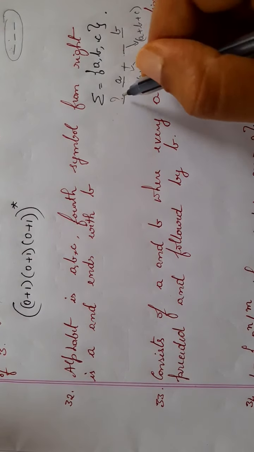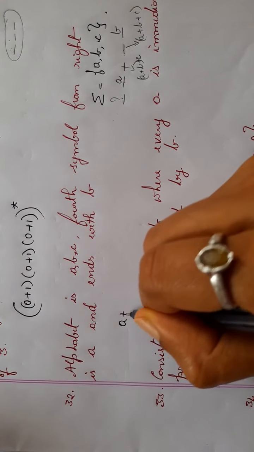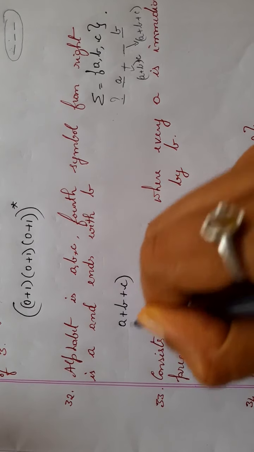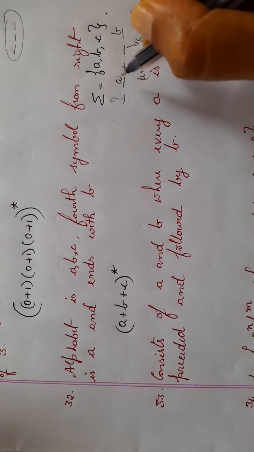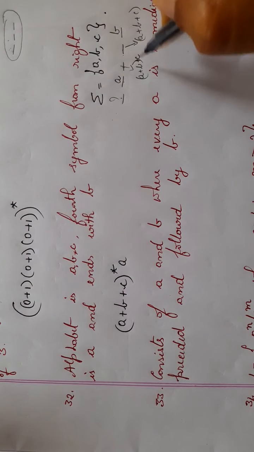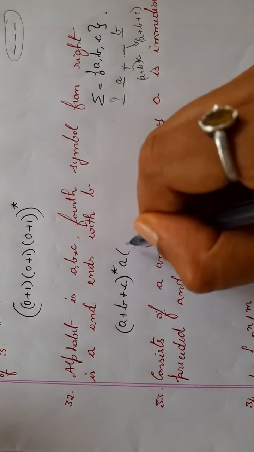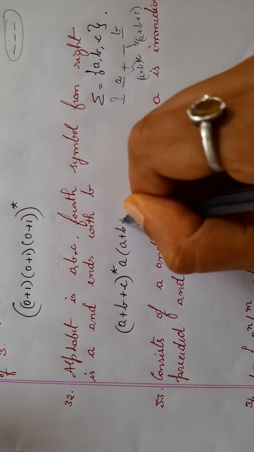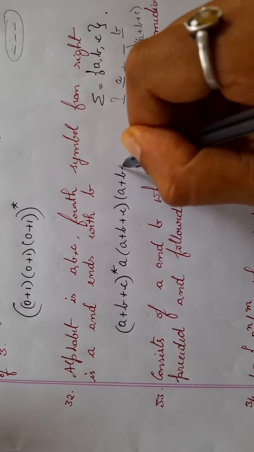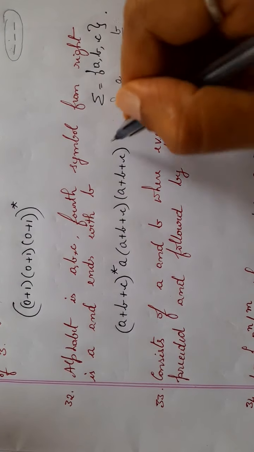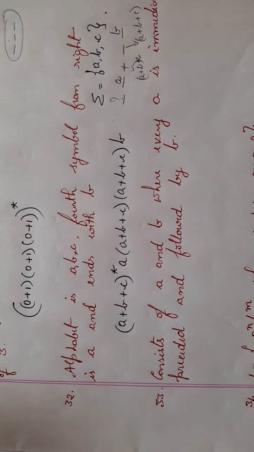That is my regular expression. In the beginning I can have A or B or C, 0 or more occurrences, then fourth letter from right is A, then I can have any combination here, A or B or C, next once again A or B or C, and at the end I can have B.